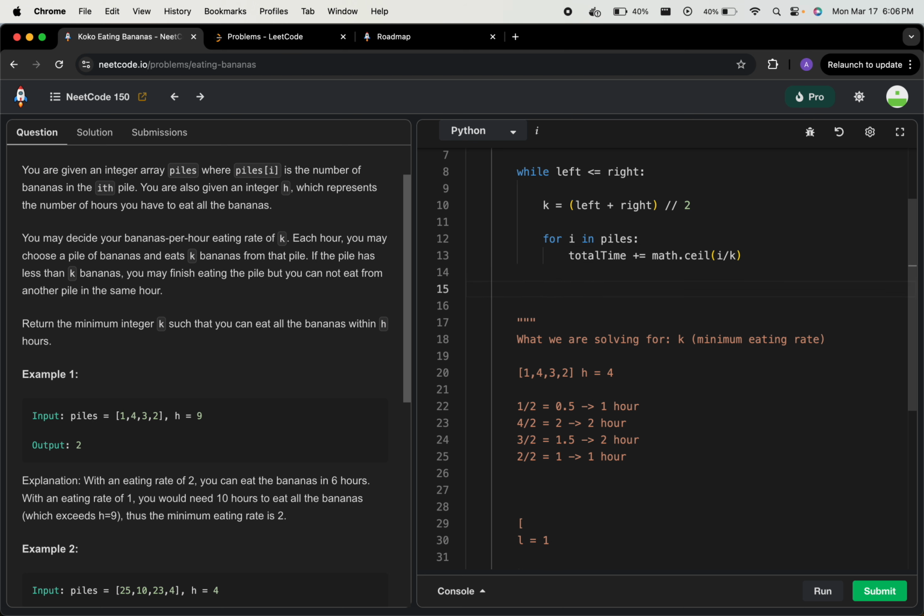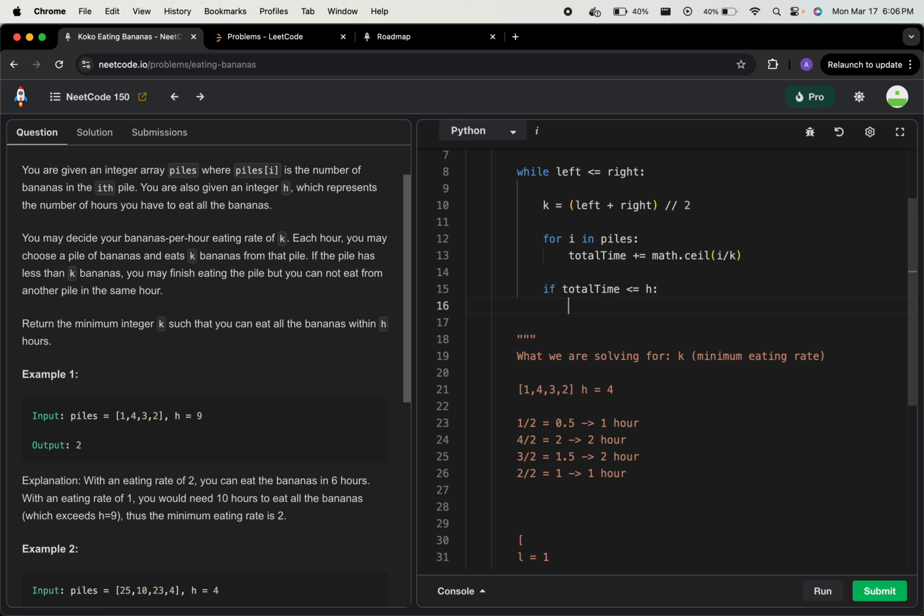Now we have to check to see if that total time is less than or equal to 9, because that's our boundary. If total time is equal to 9, we're fine, but if it's more, we're cooked. So if it's less than or equal to h, which is our time, then